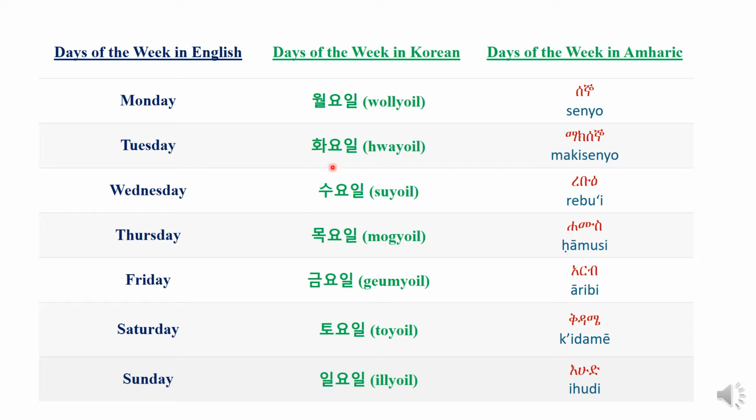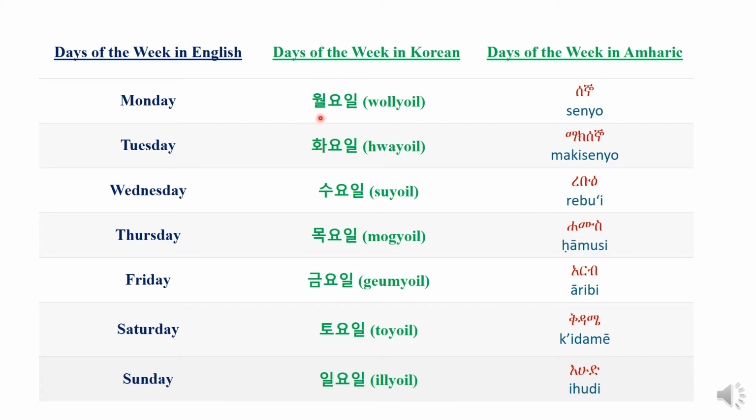Monday in Korean is 월요일, Tuesday is 화요일, Wednesday 수요일, Thursday 목요일, Friday 금요일, Saturday 토요일, Sunday 일요일. So what you have to notice from this is that in all cases there is 요일, 요일, 요일. Which means you have to remember only